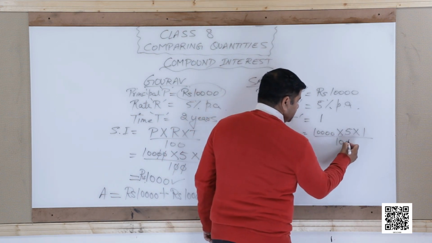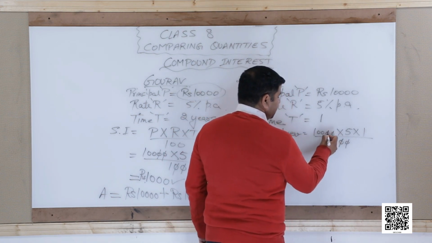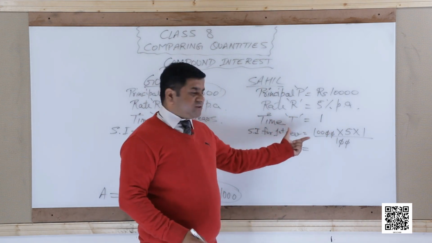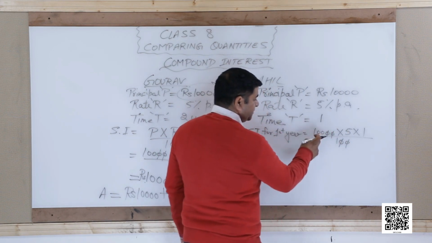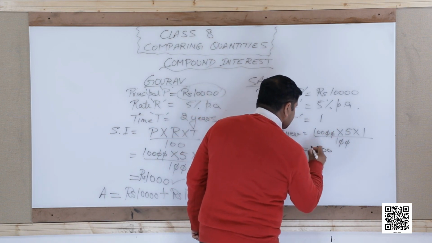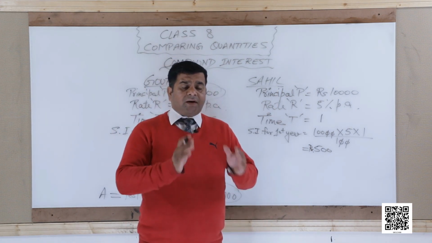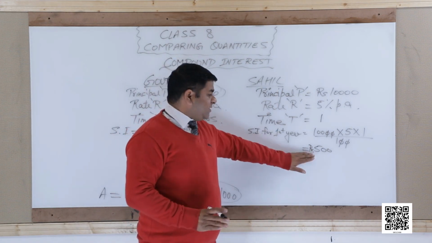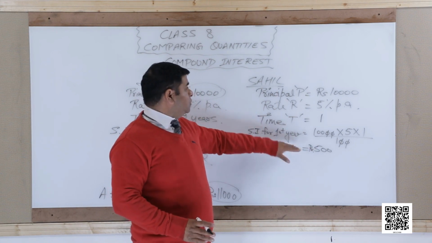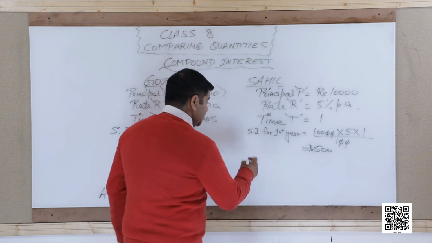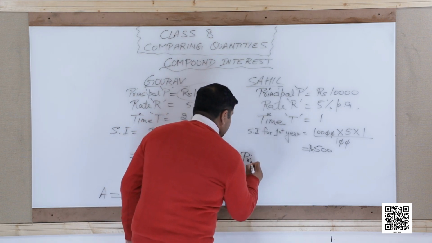So that is 0 cancels with 0 and 0 cancels with 0, and the simple interest for the first year will be 5 multiplied by 100, that is rupees 500. Now after 1 year this interest was added to Sahil's principal amount, that is rupees 10,000,